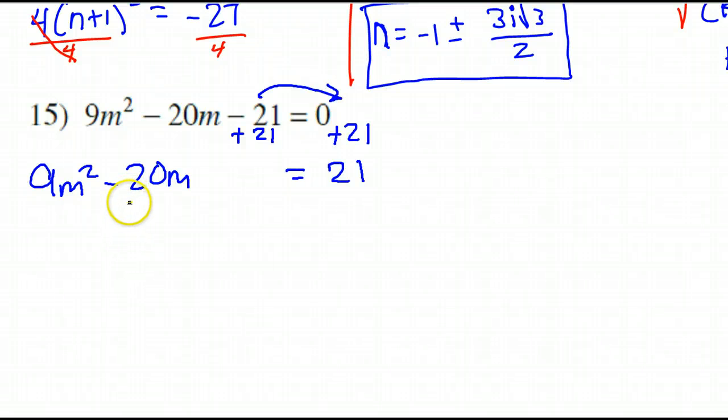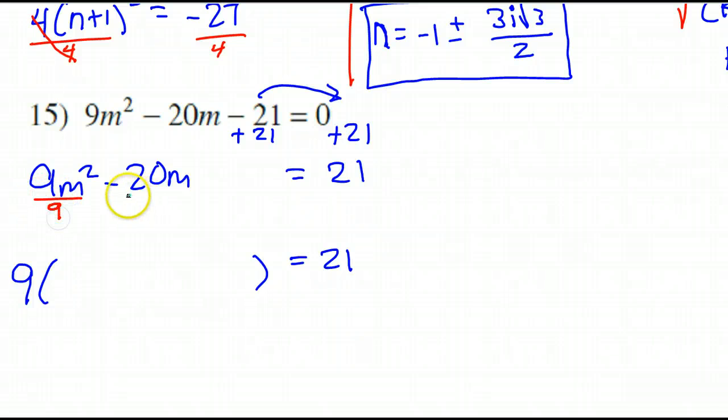Okay, in order to be able to do it, I really need to bring this 9 out of here. But 9 doesn't go into 20 evenly, so I am going to have to go ugly with it. I was hoping this would not happen in my lifetime. Okay, imagine that I'm forcing this GCF of 9, even though there is no common factor. Remember that when we do the GCF thing,